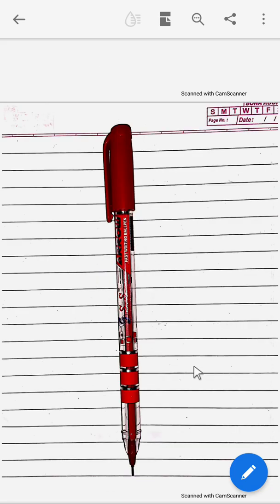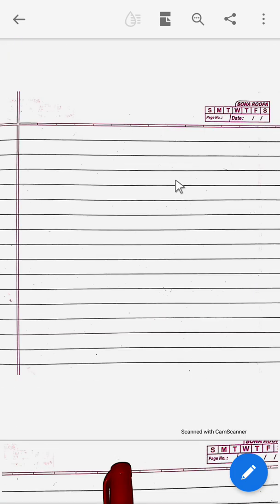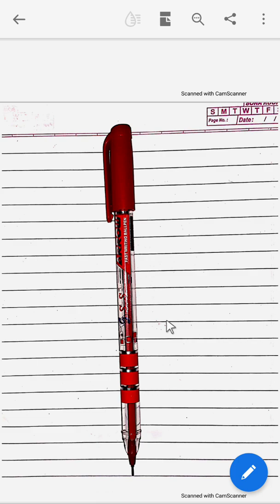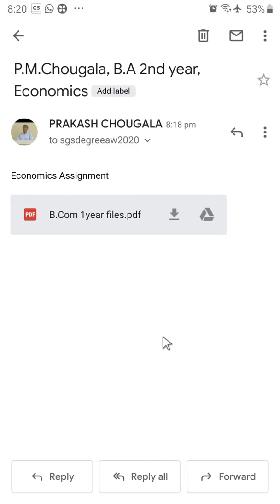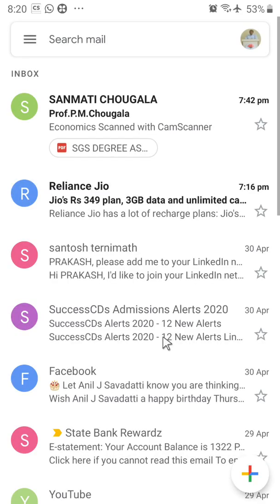See here, this is page number 1, this is page number 2. Okay, both documents are shown here. Okay, so friends, this is concerned with how to use the CamScanner application.